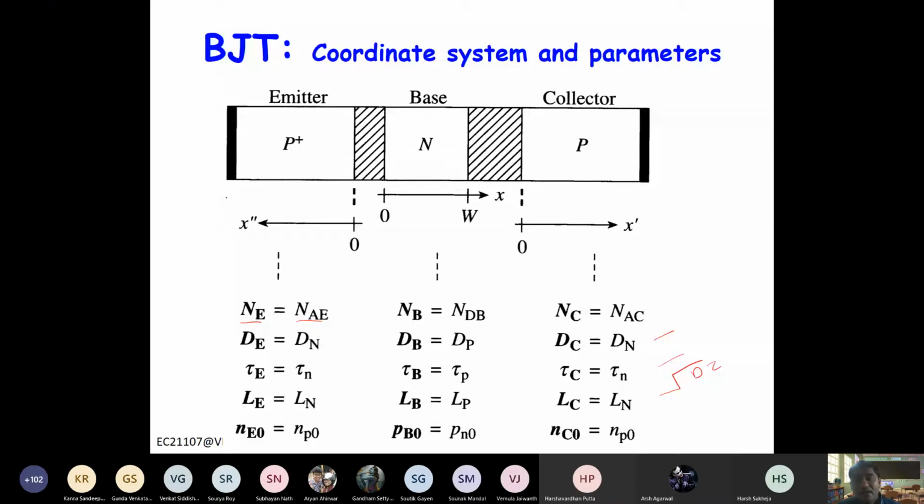Now, if we apply active bias, how will the carrier profile look? So N here, P here, N here. If it is forward bias and it is reverse bias, so N and P will look like this. And what about here? Correct? Because this will be depleted because this is reverse bias, right? And what will happen here? It will actually go to 0 because this is also reverse bias, right?